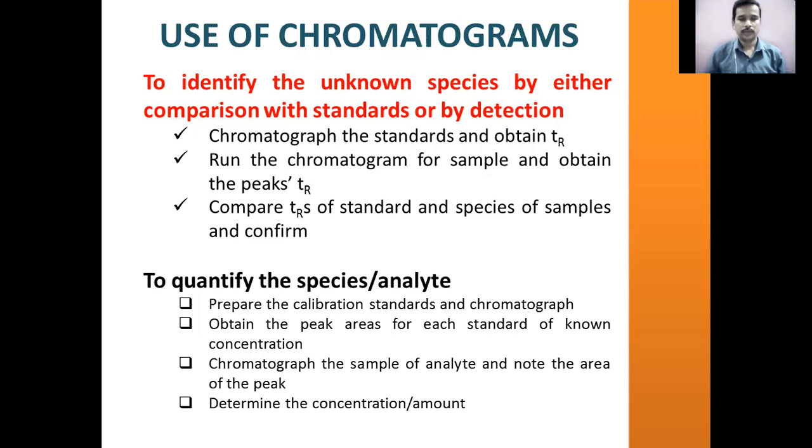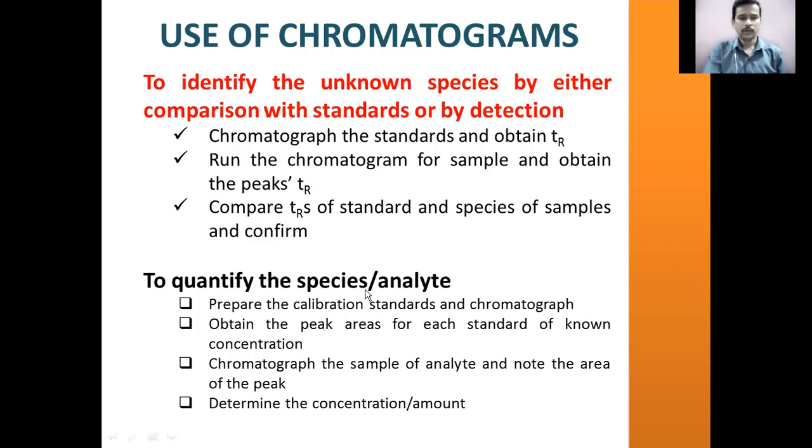If you elute three different solutions of the same analyte at three different concentrations, then the chromatogram will have three peaks at the same retention time, but varied by height. The solute having the lower concentration will be eluted at the same retention time, but the height will be low. And if the solute concentration is high, the height will be high. So the relative height of the peak will be more in the case of higher concentrations of the solutes.